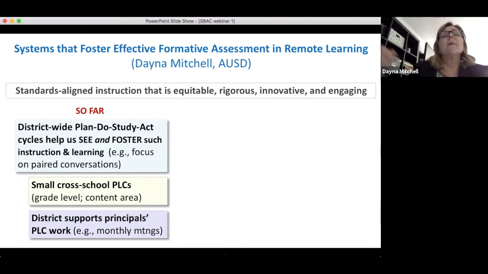And then as a result, we implement the Act by adjusting instruction for the second round in the PDSA cycle. There are lots and lots of different student learnings and teacher learnings as well. Examples would be a need for teachers to clarify intended learning through explicit modeling, and to provide stronger and clearer feedback to students. Sometimes we need support in creating the right prompts to promote those extended student interactions. And all of these learnings provided us with areas of needed professional learning and teacher support, which at the district level, we provide to our principals in monthly instructional leadership meetings, and also instructional coaching from our team of teachers